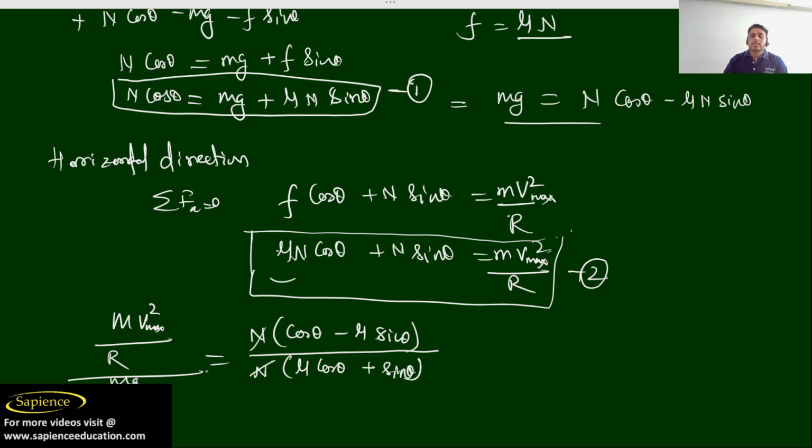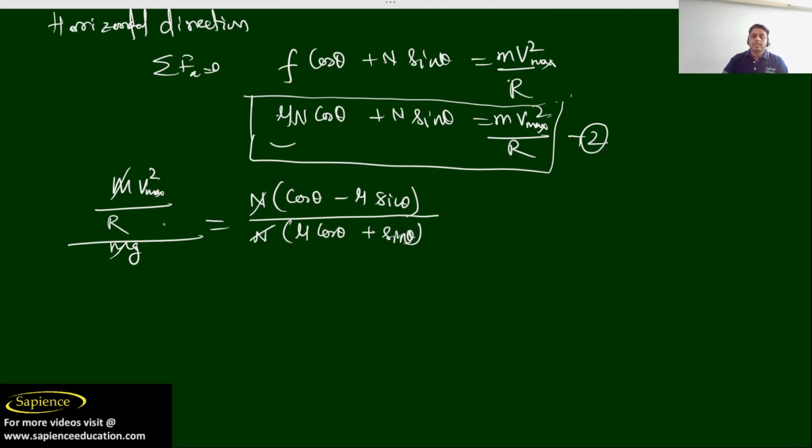So N got cancelled, m got cancelled. So finally we have v max square by r g is equal to,